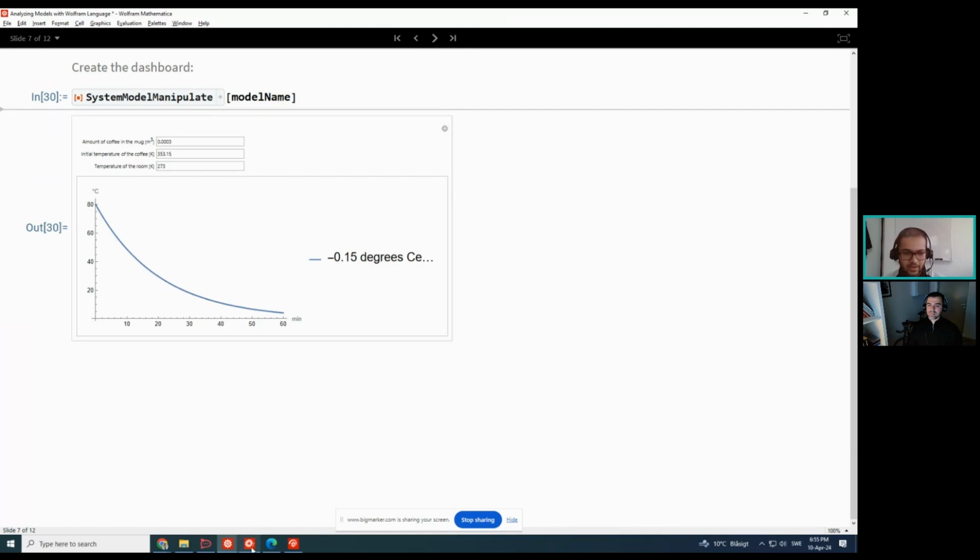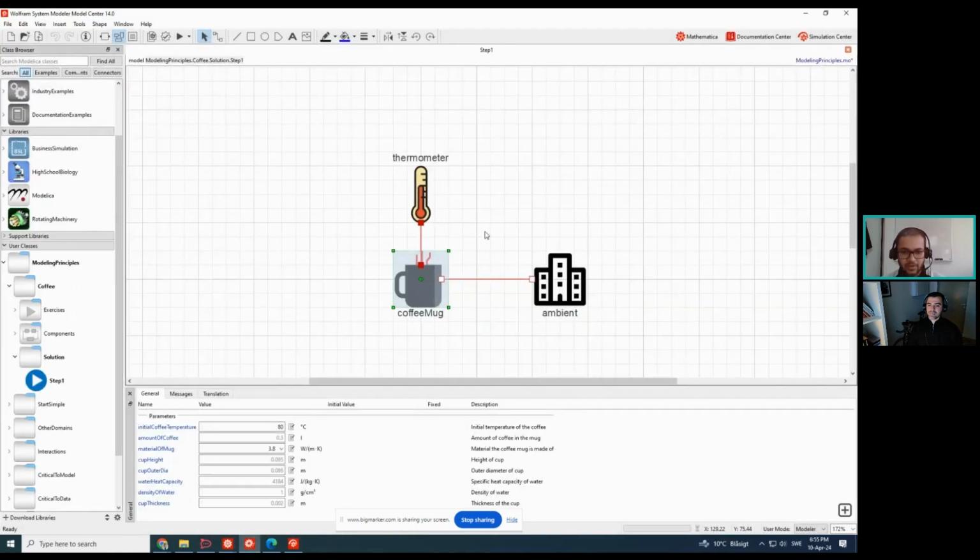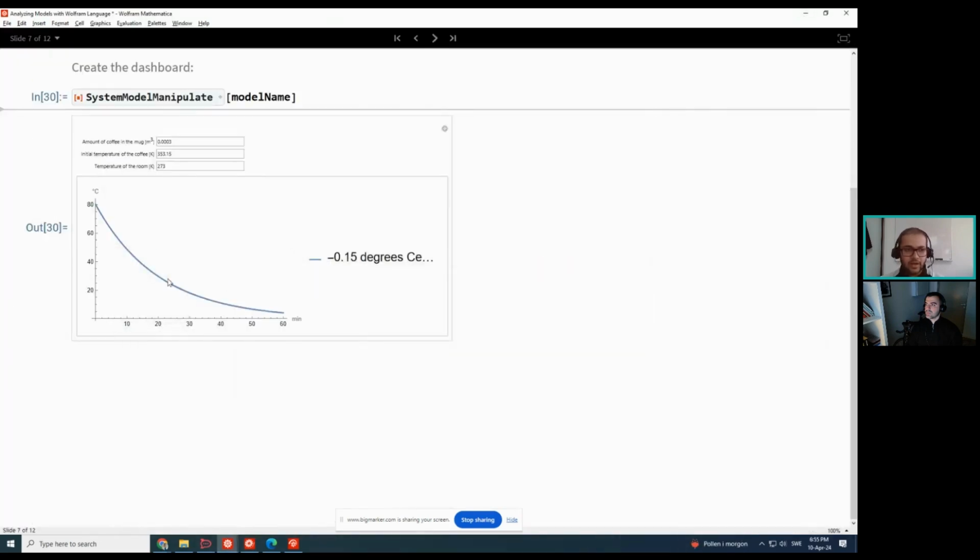Like for instance, you have a specific variable that you want to vary. So if I open my model for the coffee mug, I have different parameters, right? And let's say I'm interested in the material of the mug parameter, and I want to create a manipulate in the Wolfram language where I just vary this particular parameter. I want to create a new panel. How can I do that? So to do that, I will just copy the system model manipulate function,